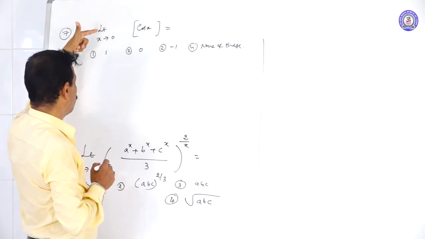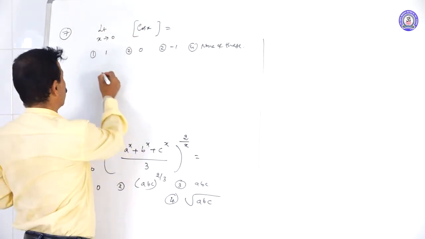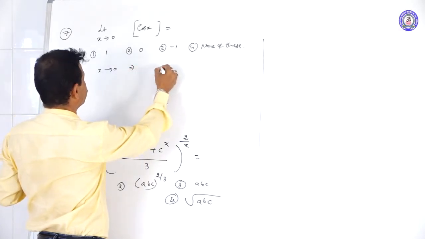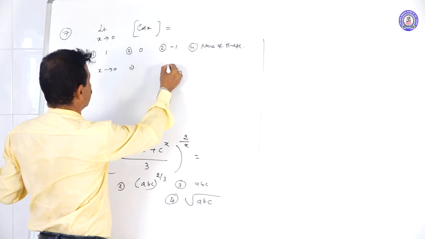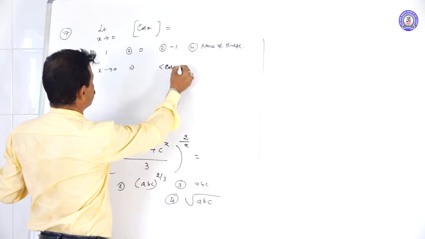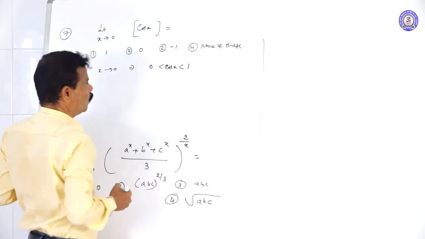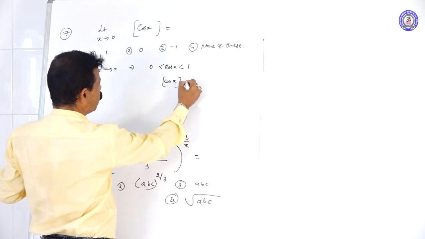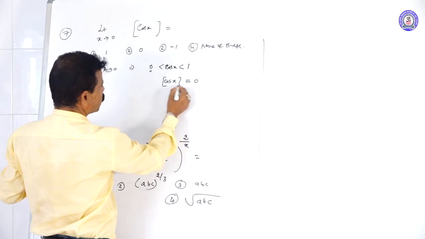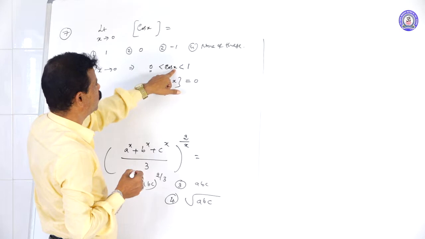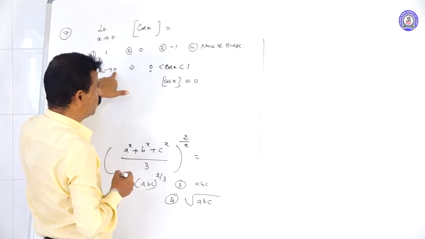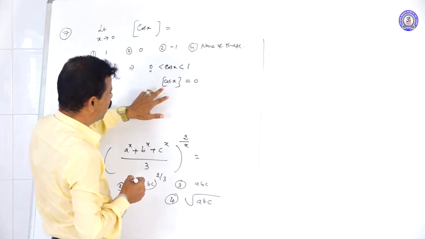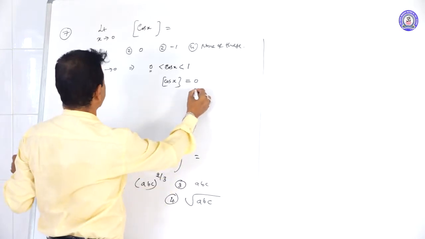Here, similar to the previous problem, the limit as x tends to 0 of the step function of cos x is given. As x tends to 0, the cos x value is also between 0 and 1. If x is exactly 0, cos 0 is 1, but it is not exactly 0, it only approaches 0. So the cos x value lies between 0 and 1, and the minimum value is considered as 0. That's why the step function of cos x is equal to 0. Second option.